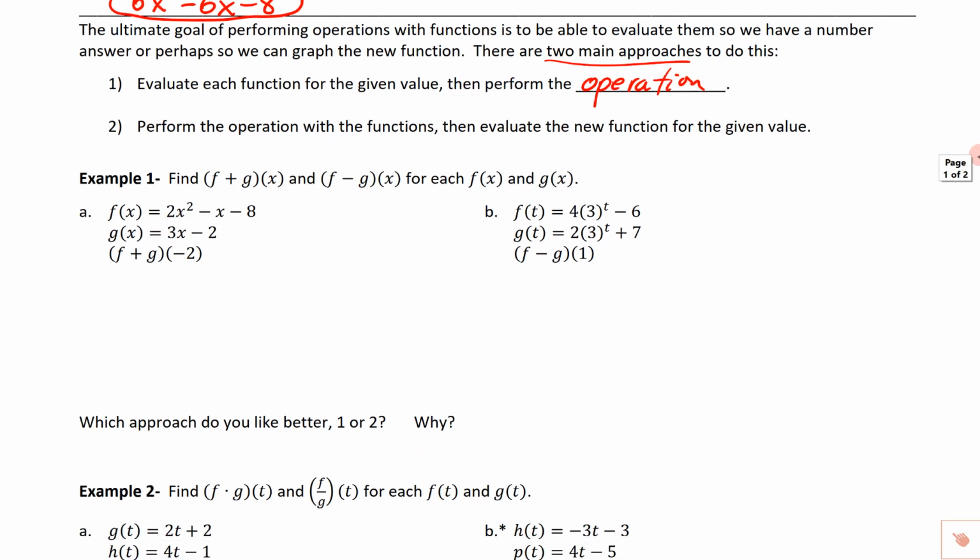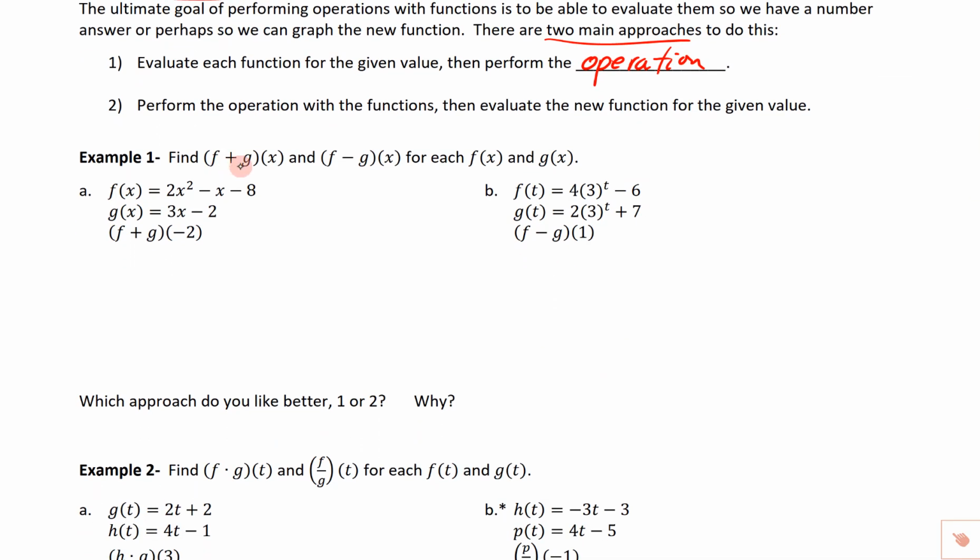So let's take a look at number 1. It says find f plus g of x and f minus g of x for each f of x and g of x. So we want to find f plus g of negative 2, and on this one we want to find f minus g of 1. So let's do example 1a, first using method number 1 where we evaluate the function for the given